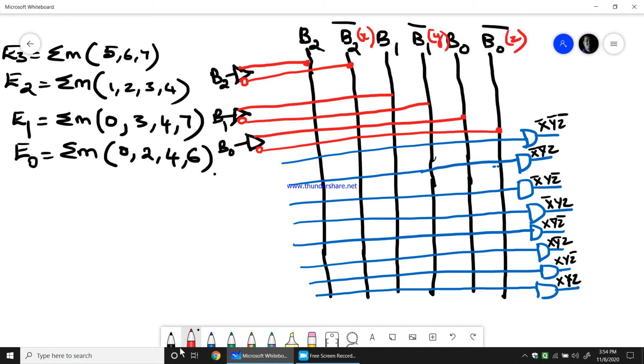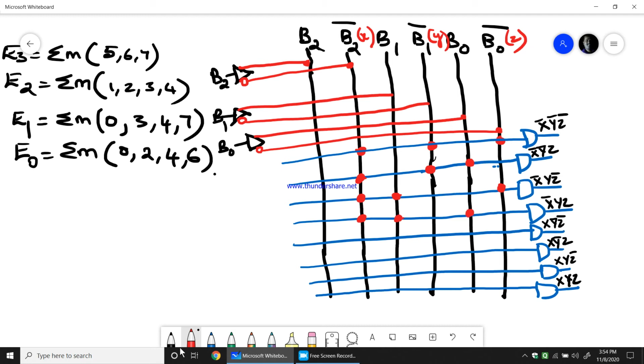Okay. So B2 bar, B1 bar, B0 bar. Next B2 bar, B1 bar, B0. And then B2 bar, B1, B0 bar. Then B2 bar, B1 and B0.